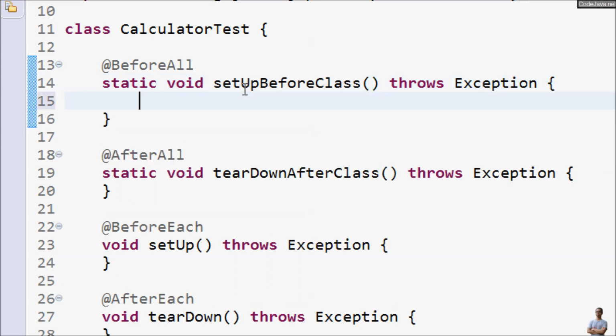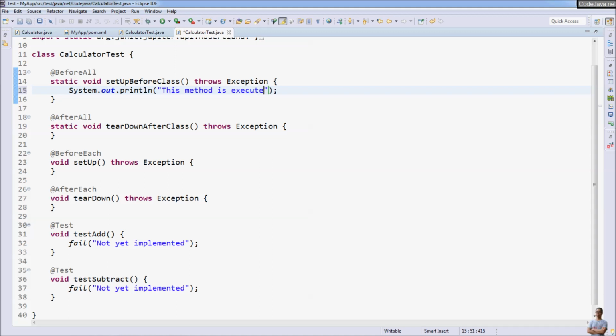So we use this kind of method to initialize resources, like creating a database connection before all the test methods which use a database connection. For demonstration purposes, I just print something here. This method is executed before all test methods,